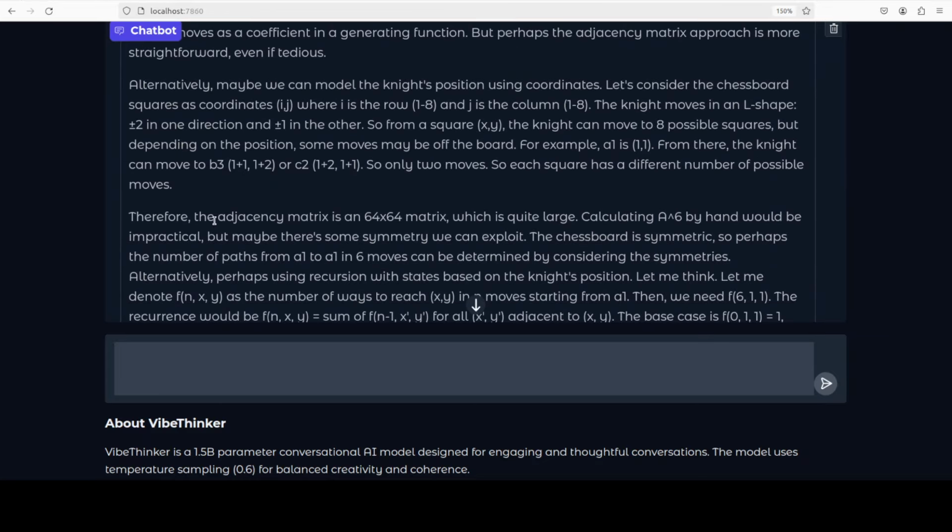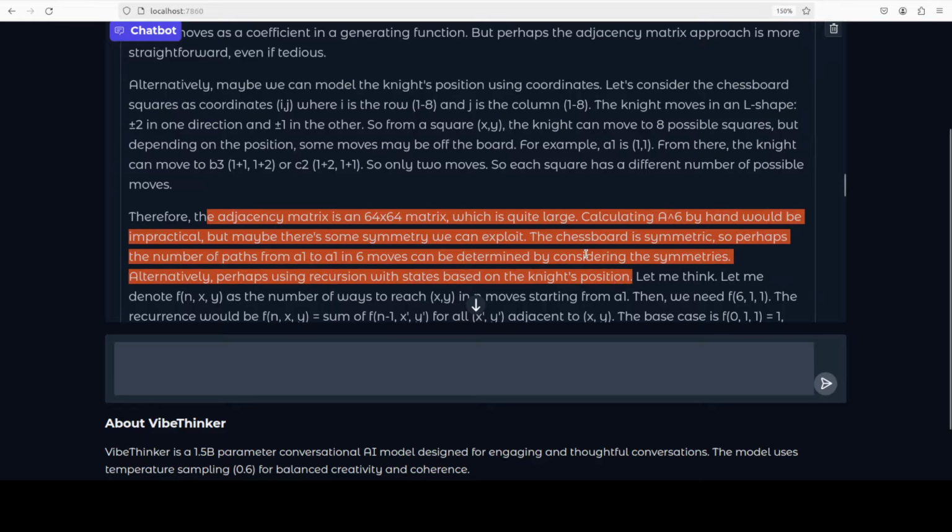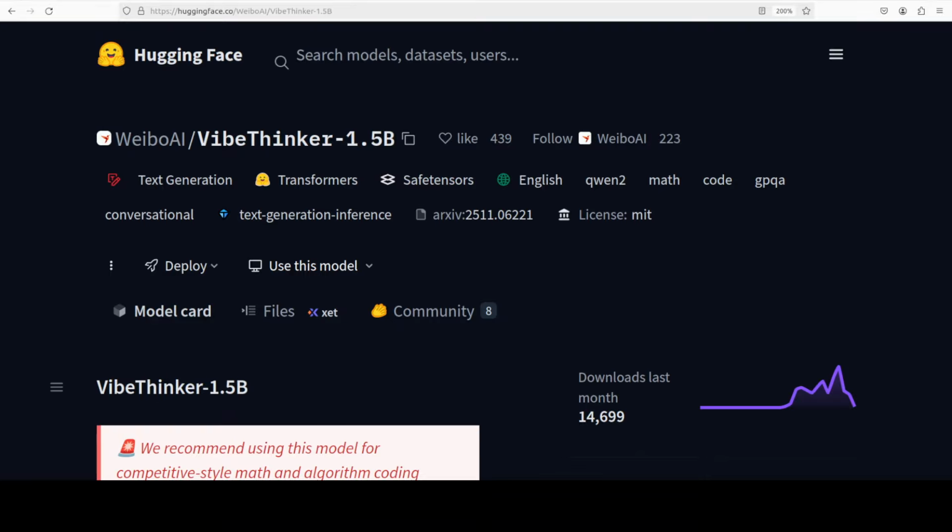So now just think about it, that after thinking long and hard, this small model has come to the right conclusion. And this is where we have evolved after like 11 months, or 10 months maybe, after the release of DeepSeek R1. So the pace of progress in AI is quite huge. Okay, now this was a sort of math question. Let's now try out one coding question, because this is not a general purpose model. This model is only for either math or coding reinforcement learning.